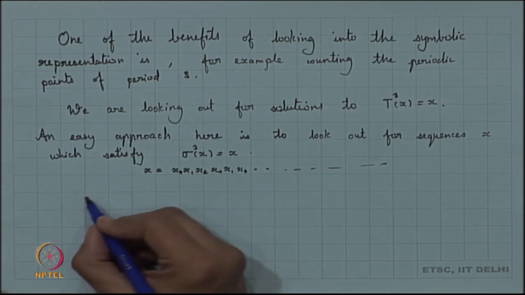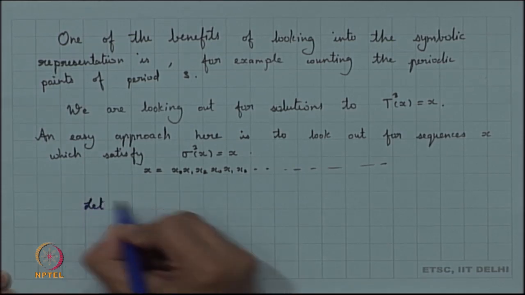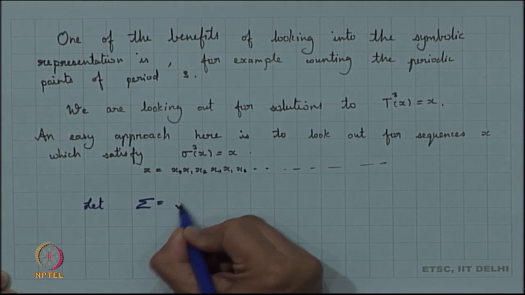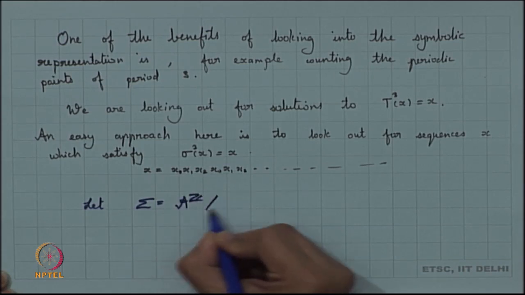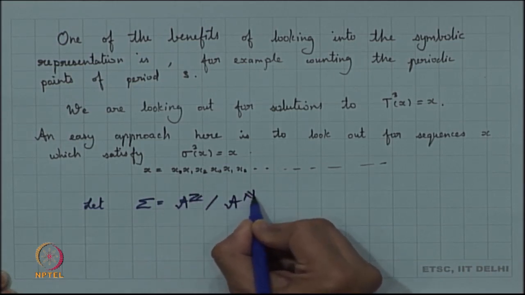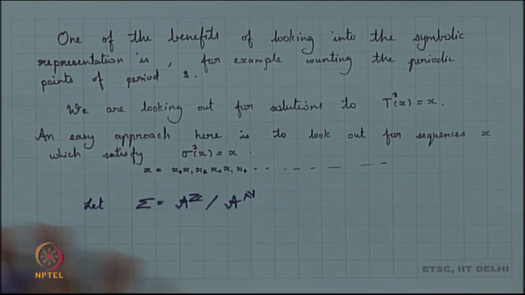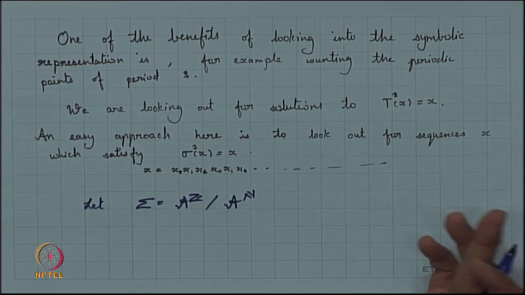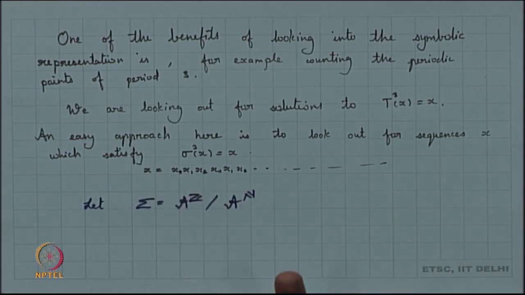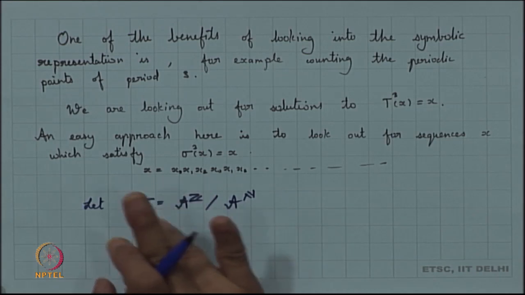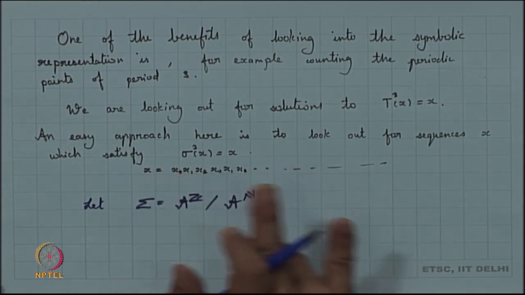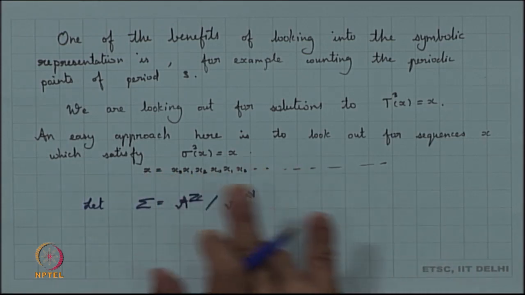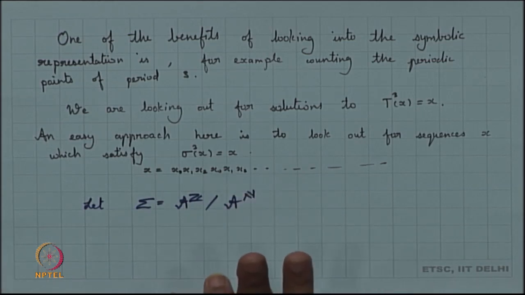So, we now assume that our sigma is the space A to the power Z or A to the power N, since whatever we are going to study holds the same whether we look into bi-infinite sequences or infinite sequences. So, we are using just this symbol sigma which represents both the cases. The only fact is that the shift map happens to be a homeomorphism in case of bi-infinite sequences. It is not a homeomorphism in the other case, but in the other case definitely it is a continuous mapping.